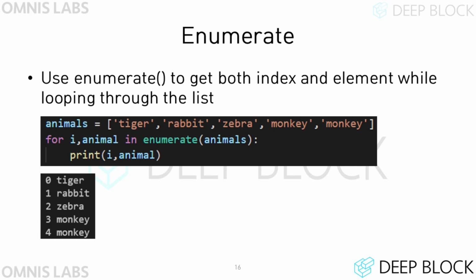Let's see the code shown in the slide. If you run the for loop by putting animals in the enumerate function, you will see the same results in the console as shown in the slide. We print the variables i and animal at every iteration. As mentioned earlier, the enumerate function converts the elements of a certain sequence into tuples and returns them. Each tuple consists of the index of the corresponding element and the value of the element. The index of the element is passed to i, and the value of the element is passed to the animal variable at every iteration.